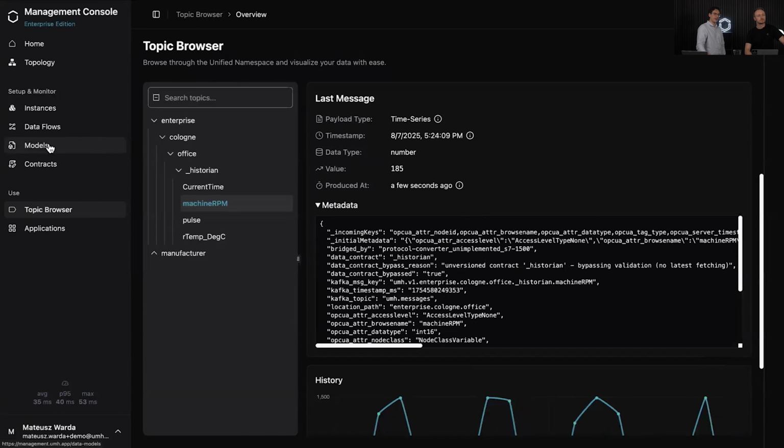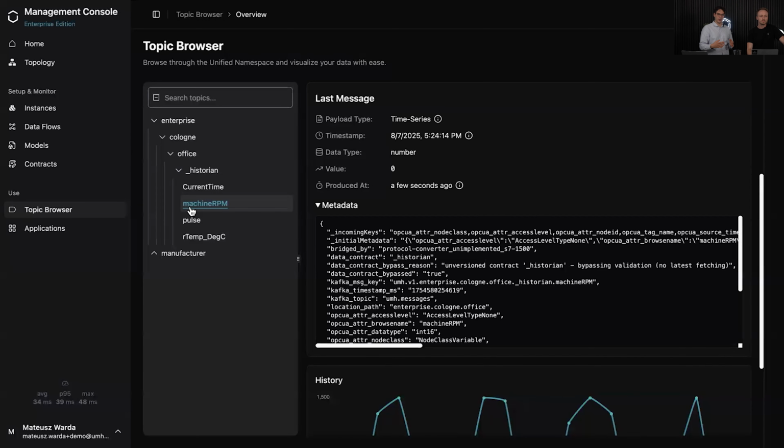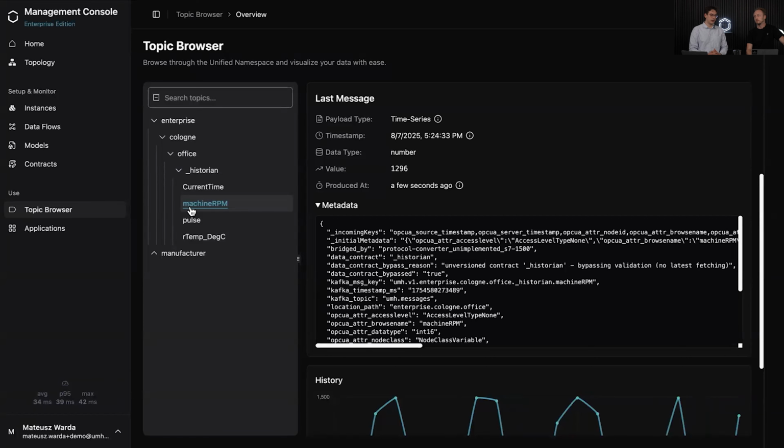So you see, the bridge is not only extracting the pure data, but you can also see what additional meta information, either on the specific PLC, on the connection itself, or whatever might be exposed via OPC-UA. So we don't just extract the value, but we really make sure that the whole tag with all the information already provided is getting into your UNS and will be available via meta. And then you can do whatever you would like. You can add it to the payload to shoot it somewhere. You can just leave it as it is for troubleshooting later on. But we don't strip away any of that goodness.